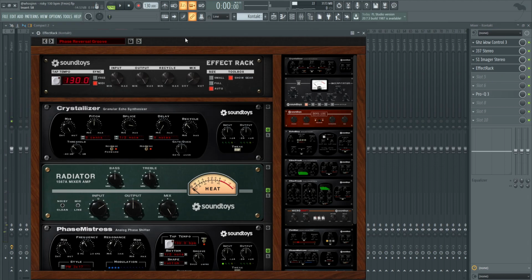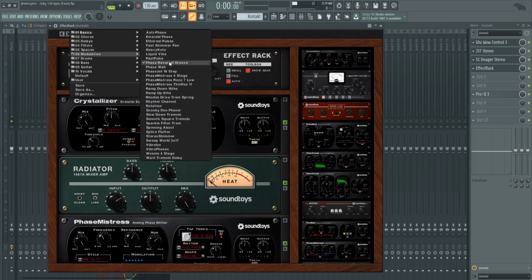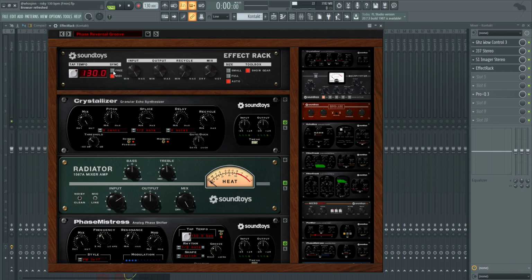So I went into Effect Rack, I clicked on the preset bank thing, went into modulation, and then phase, reversal, groove, and then you sync it to the MIDI, and then you drag the mix knob to where you like it. I liked it pretty low, like around 6%,